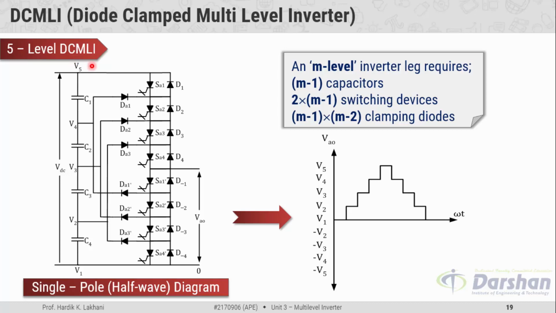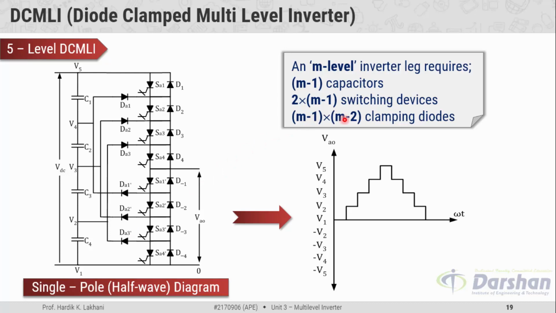But when you observe the circuit diagram, it has only 6 clamping diodes: DA1 to DA3 in the upper half portion and DA1 dash to DA3 dash in the lower half portion. To reduce the number of components as well as to reduce the complexity of the circuit, we can use 6 diodes instead of 12 diodes in the construction of this 5-level diode clamp multi-level inverter. We will also see what may be the drawbacks of using a lesser number of diodes